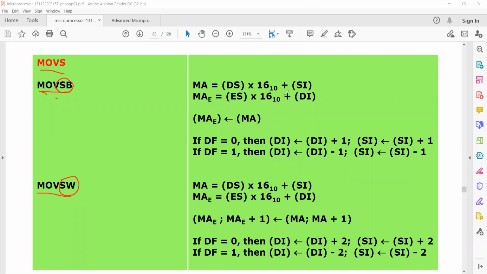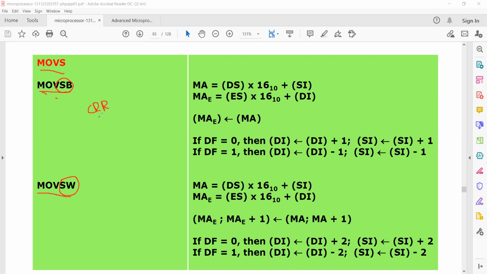As I told you, for the string byte, let us take the same example that we took previously. This is the string that we have to move.